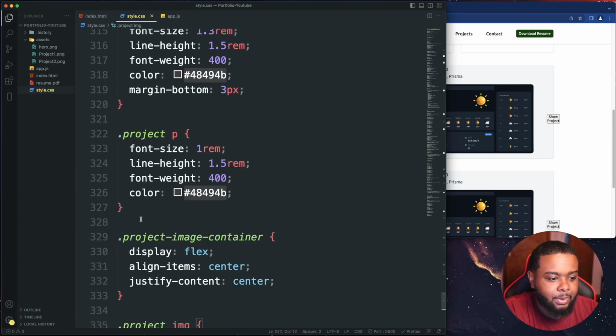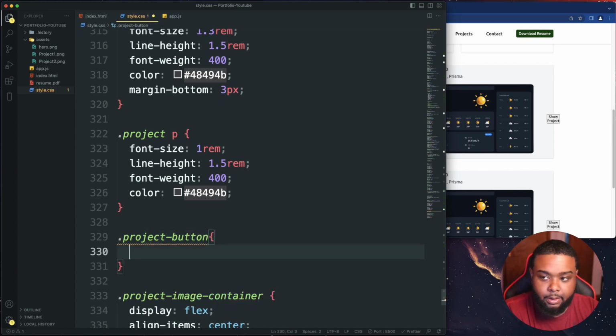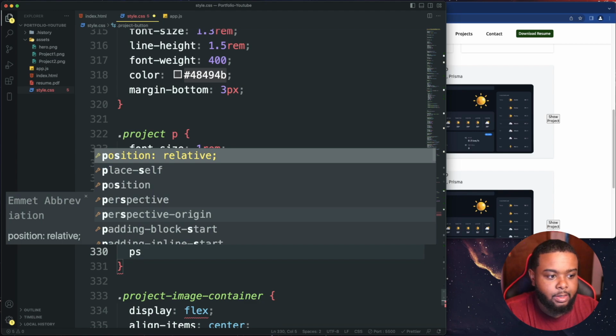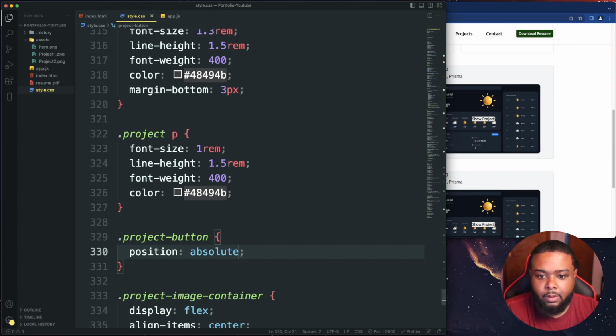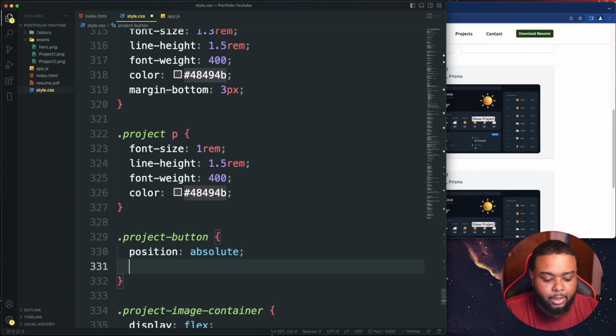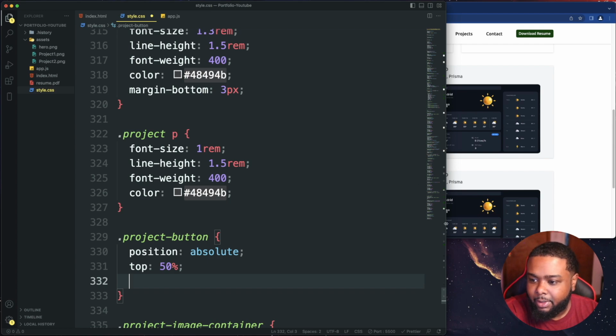So right underneath this P tag, let's go ahead and style this. So project button. And we're gonna do a position absolute. Okay. And we're gonna do a top of 50%. This is the trick to get stuff in the middle. But I believe we gotta make our,